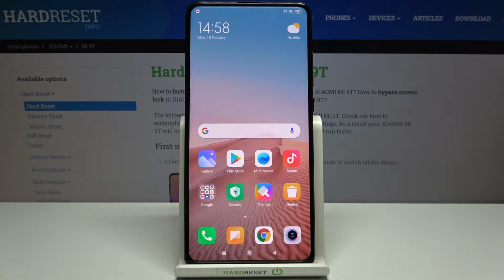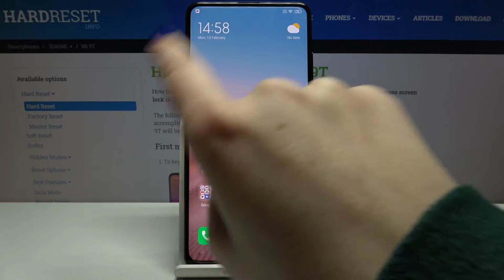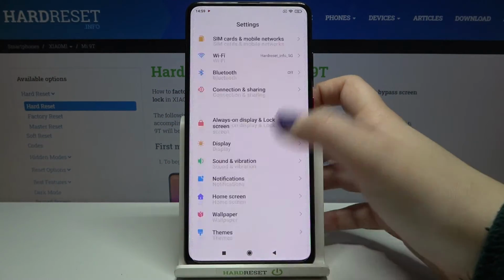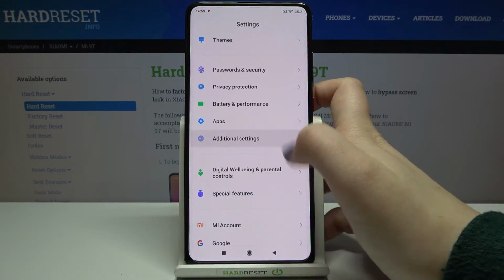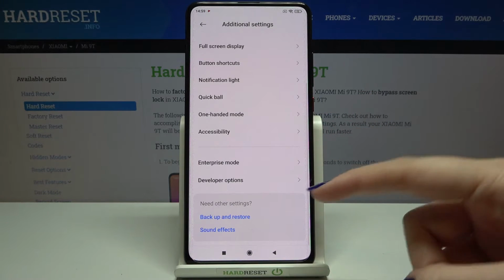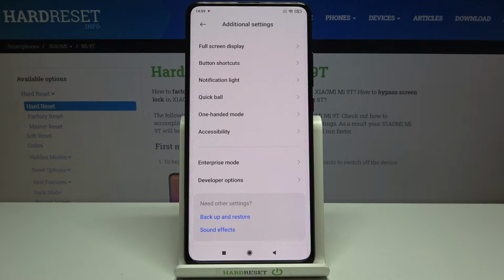Hi everyone, here we've got Xiaomi Mi 9T and let me share with you how to activate the auto system updates on this device. So firstly, let's enter the settings, and here we have to scroll down in order to enter the additional settings. Now let's scroll down and tap on the developer options,